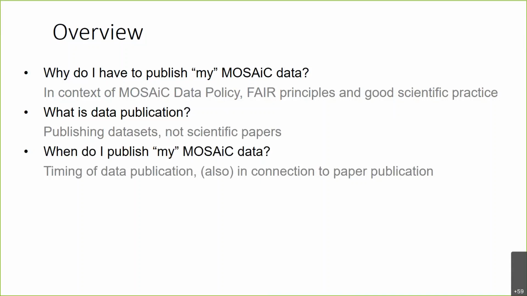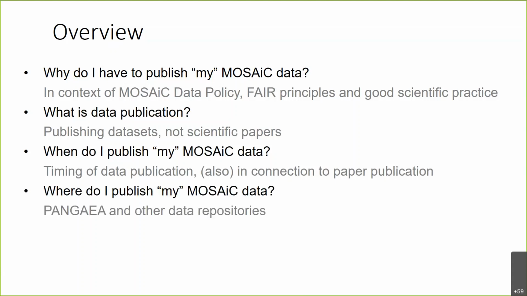So today I would like to really talk about data publications, not paper publications. Although paper publications in scientific journals also come into play when it comes to timing of your data publications in data repositories. So this is interconnected, and I would like to speak about this for a little bit.